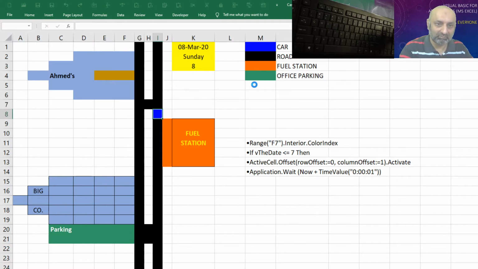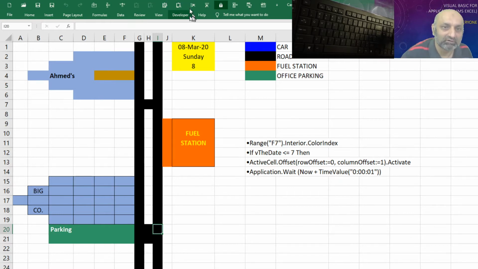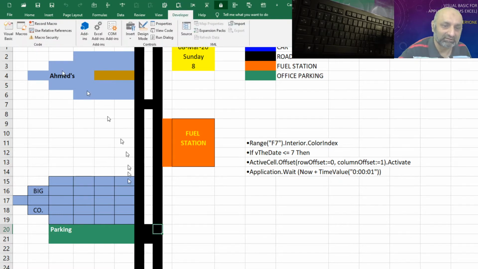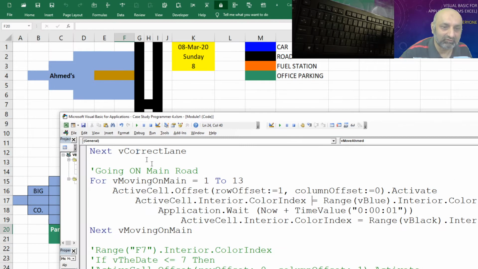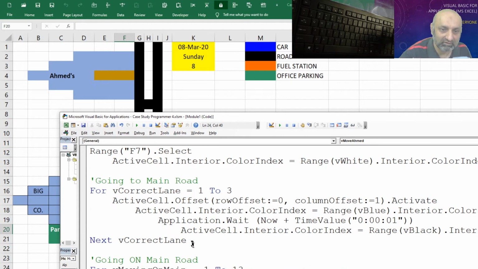Okay, we are on the main road. We are going towards our office. Go, go, go. Here we go. Perfect, perfectly stopped. So let's go back, and now what we need to do is move 1 step left, 2 steps left, and 3 steps left. So we need to add 3 steps towards the left. So let's copy our 3-step loop.